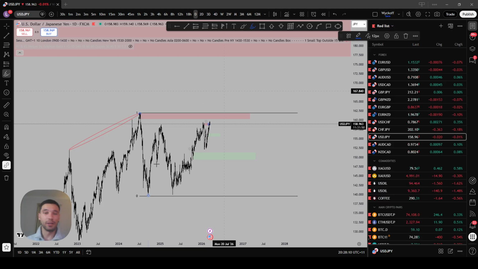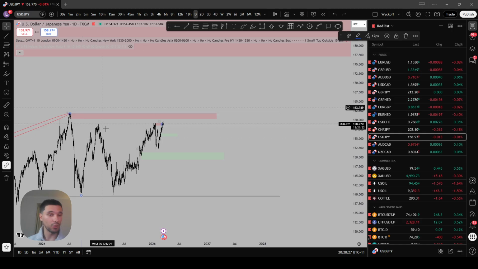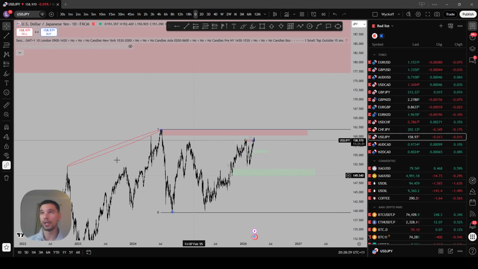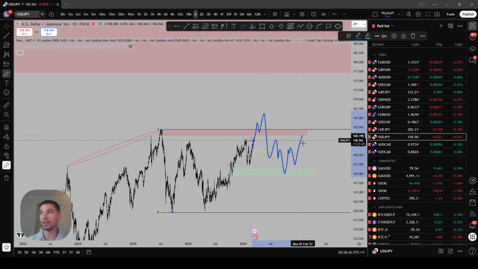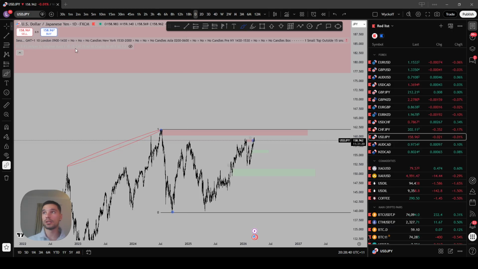You're never really going to get an environment where you have a borderline smaller accumulation or distribution range just inside a bigger one. You're always going to have either the big one or nothing. And yeah, going for this little one here isn't really the wise thing to do. You can expect this range to become a distribution model on a much higher time frame where we get something like this. So keep an eye out for this.